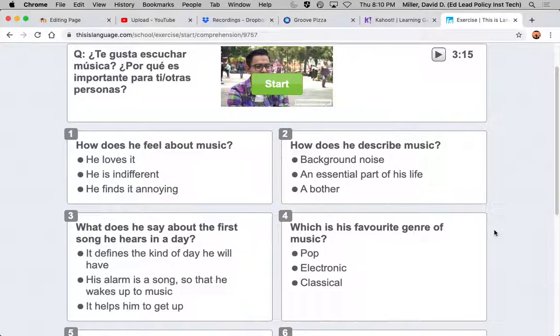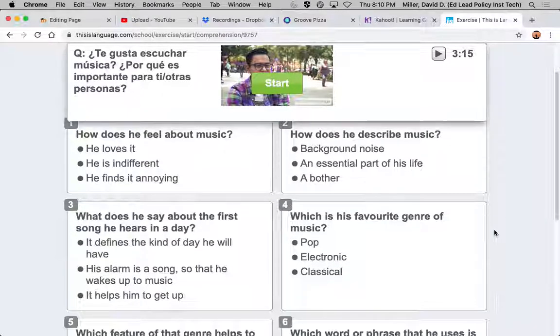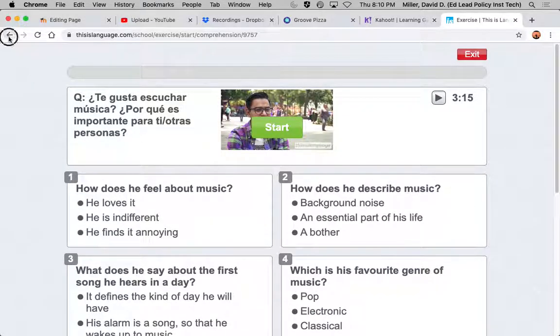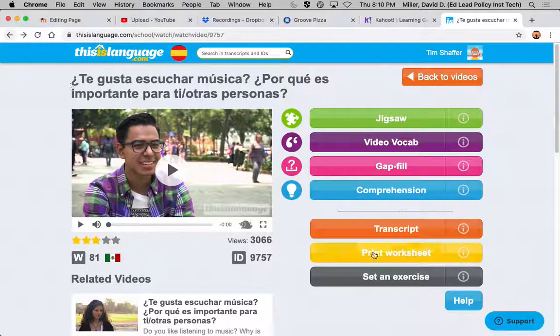You can create worksheets, print worksheets, and include different activities. You could make it a gap fill worksheet where they have to fill in the gap. I've printed a couple and had them use that.